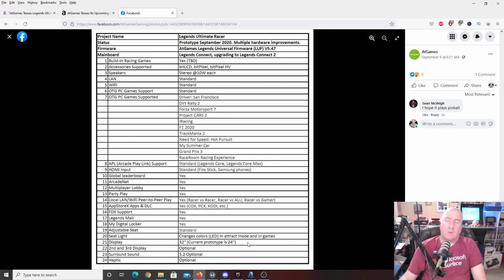Arcade 1-Up, what is up? They're going to have almost double your size screen. How much is this thing going to cost? I mean, that's going to be the question. I know it's going to be from a dealer from AliExpress out of China, but this thing, I'm going to